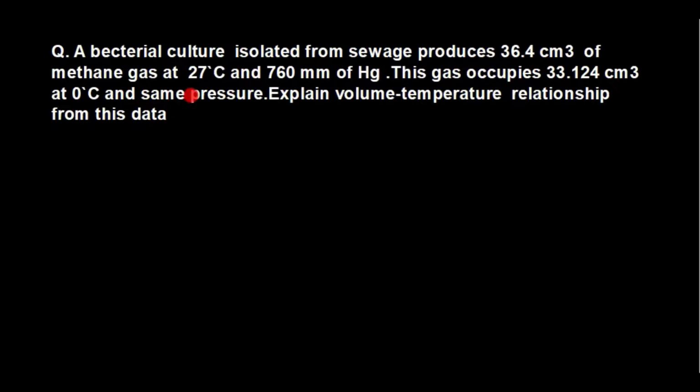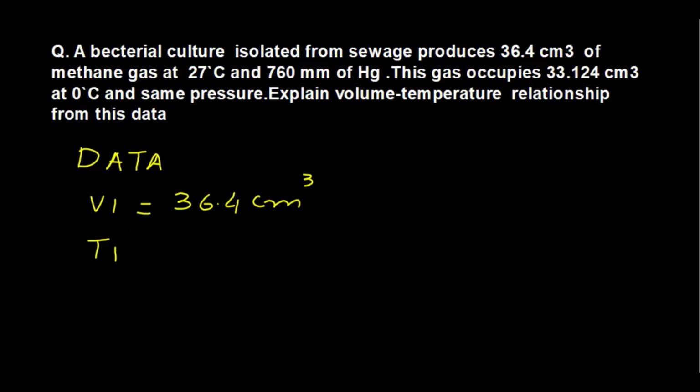Now, to solve this numerical, first of all, we will convert the temperature which is given in degree centigrade into Kelvin by adding 273, and then we will write the data with the help of formula. We will write the data to solve this numerical. Here the initial volume which is given to us, that is V1, is 36.4 cubic centimeter, and